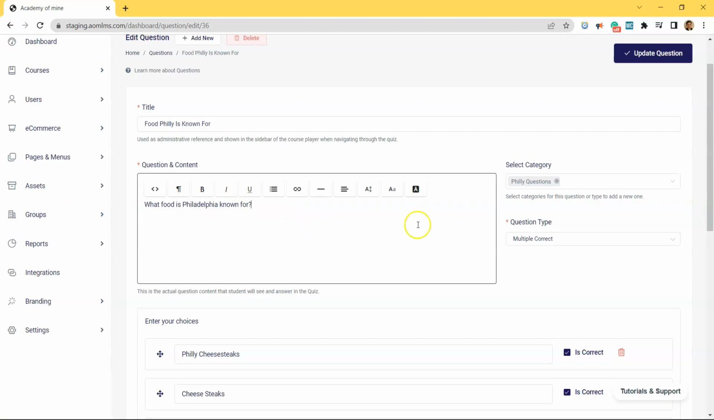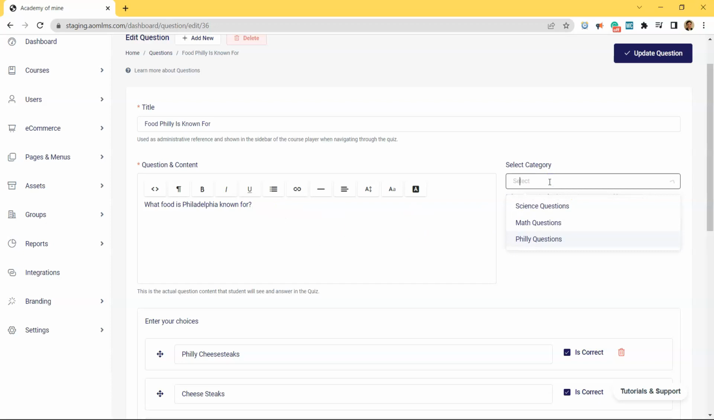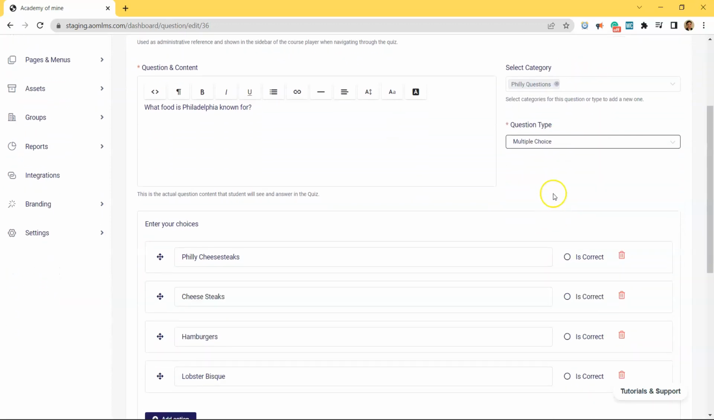So for the category, it's really simple. If you don't already have a category, you just go like this and type in the category, click it, and it would create the category for you. Since I just created this category, let's categorize it as Philly questions. And as you can see, there's really no difference between how your window gets displayed when you click multiple correct